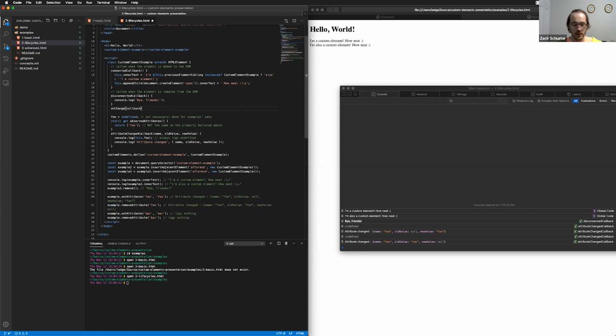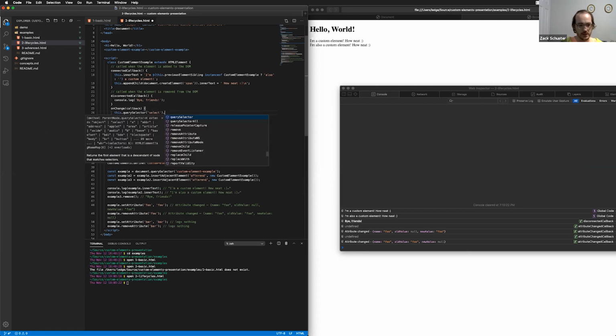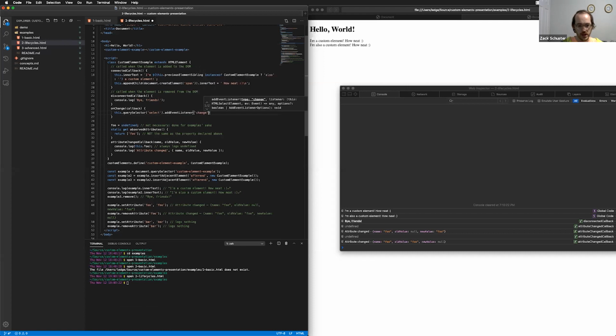So whenever, say the part of this custom element was an input of some kind, in which when we do our live coding later we're going to be doing a select list, when we do this on change, we can say, okay, I'm going to do this dot query selector select dot add event listener change, and then we're going to do